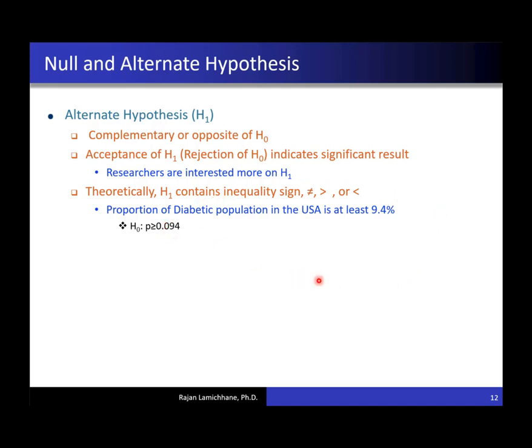Now let's see how we define null and alternate based on any claim. So here is a claim: the proportion of diabetic population in the US is at least 9.4%. It has "at least" here. At least should go to the null hypothesis because it contains the equality sign. So we can write down the null hypothesis that the proportion is at least 9.4%. Now the alternate of this one, the opposite of at least, is less than. So your alternate will become